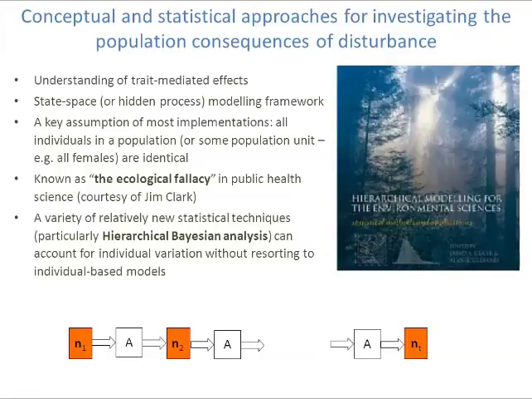So the way that these state space models work is you have models that tell you how, for example, the number of individuals in the population change from time to time, given a model that's covered by the box A. Next slide, please, Anna. And on top of that, you've got a set of observations about what's going on in the population. And the trick with state space modeling is that you can use those observations, which may not actually be direct observations of things you're interested in, to tell you what's going on in the population and to help you understand the mechanisms that are involved. And it's that very sophisticated mathematical structure that we've been taking advantage of in this ONR working group. Next slide, please, Anna.